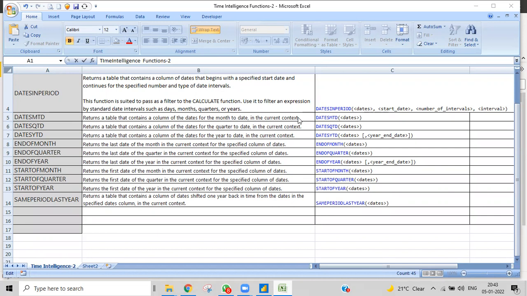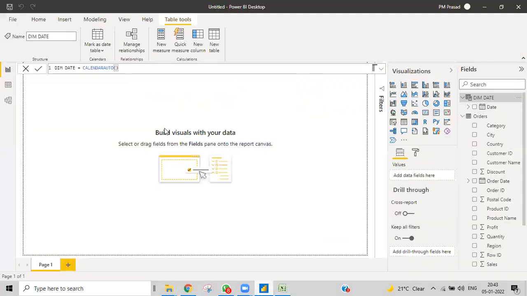It returns dates in such a way that it resembles the output of month to date. Yesterday we calculated it directly, but we can do it here also. This is another version of total MTD, YTD, that kind of thing. Let's check how we can do that.